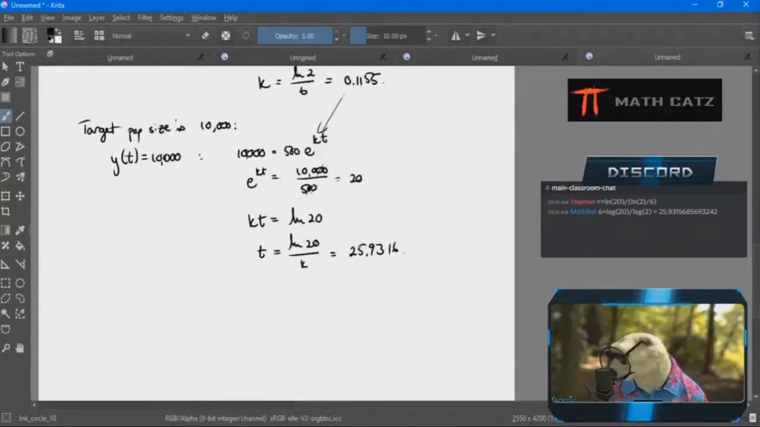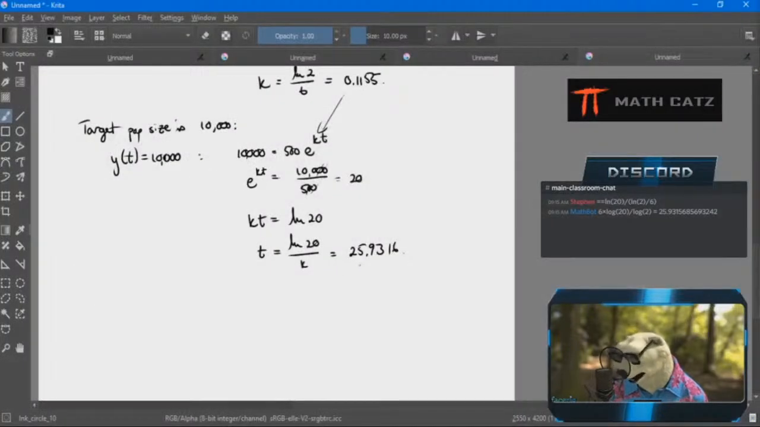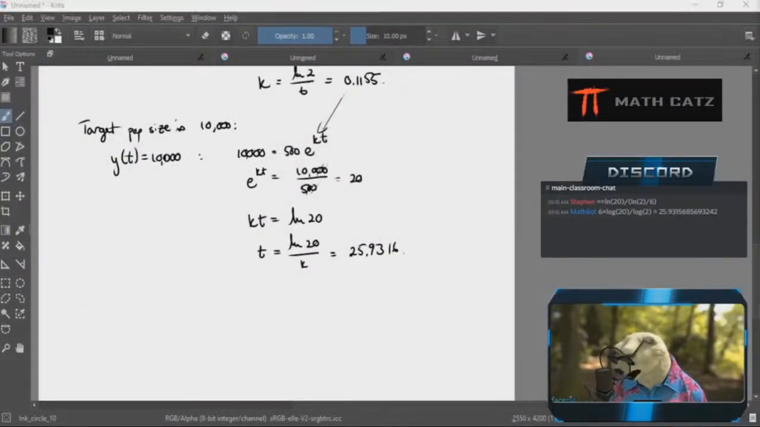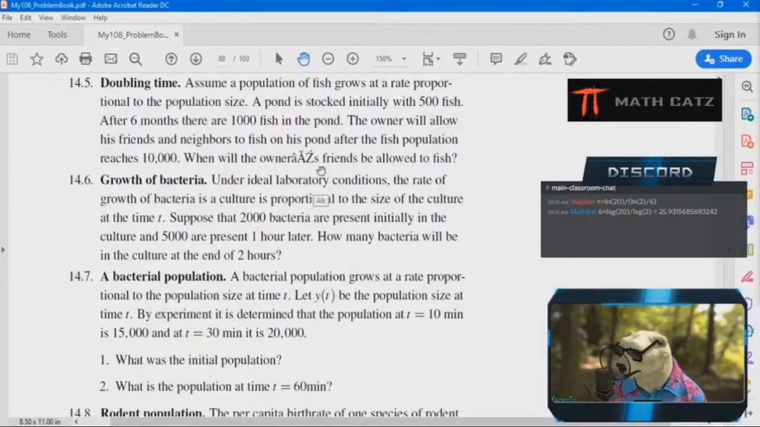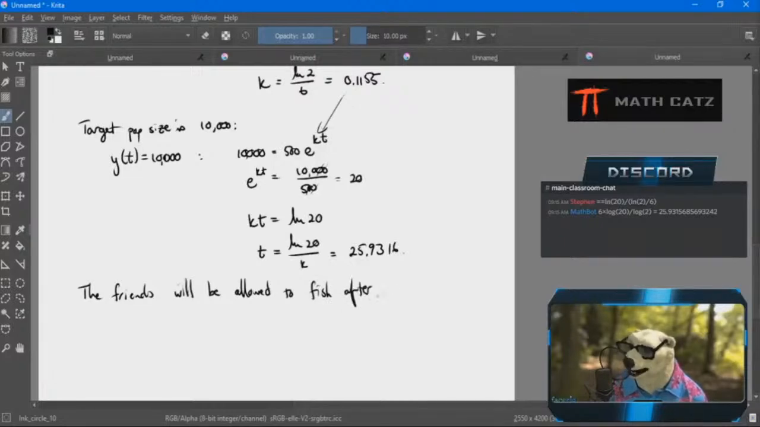So now t was in months. So it's going to take a while for his neighbors to come fish. It's going to take almost 26 months. Now I look back at my question. When will the owner's friends be allowed to fish? So the friends will be allowed to fish after approximately